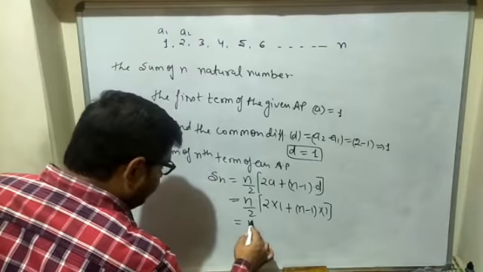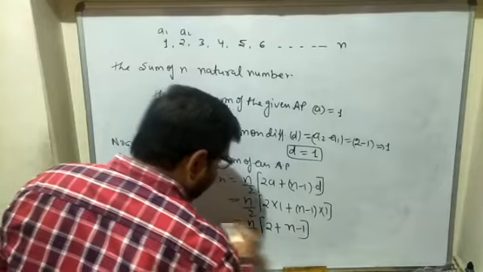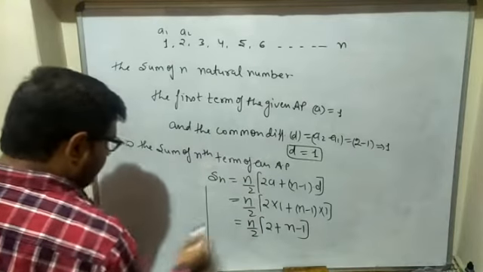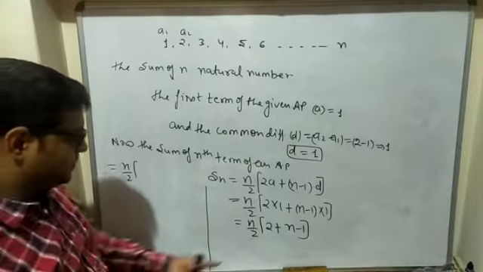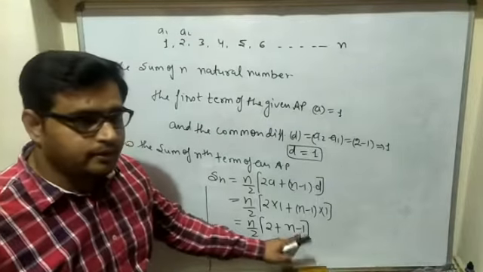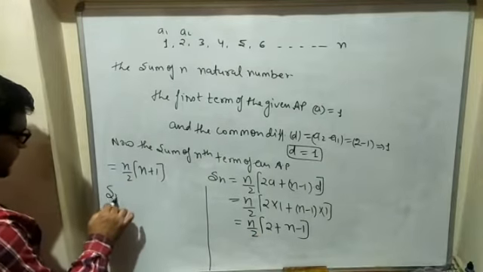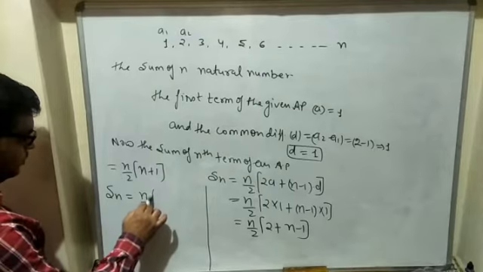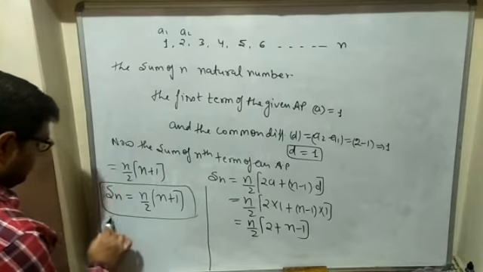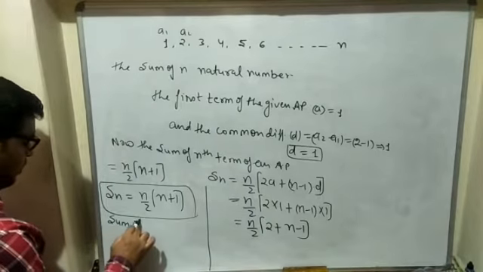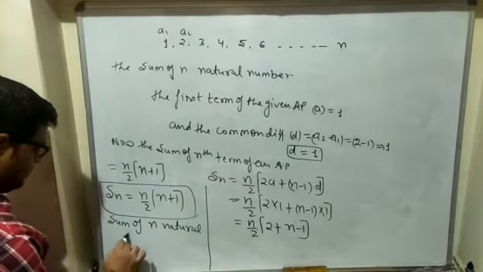Further we solve it, that is n by 2 into (2 plus (n minus 1)). Okay, if we solve it further, we are getting n by 2 as it is, and it is positive 2 and negative 1, so we get n plus 1. So Sn equal to n by 2 into (n plus 1). So that is the sum of n natural